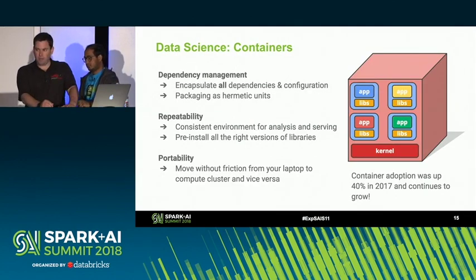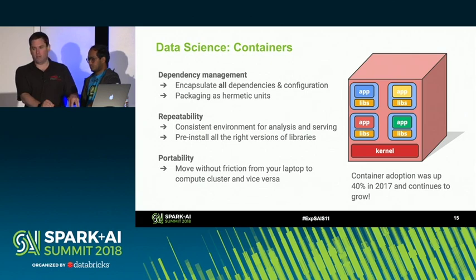I want to take this opportunity to mention why running your application in containers like this, running your executors in containers, is super useful. Mainly it's because it encapsulates all of your different configuration and dependencies. In fact, the entire file system image that your driver and your executors are going to see is completely encapsulated in this Docker container.